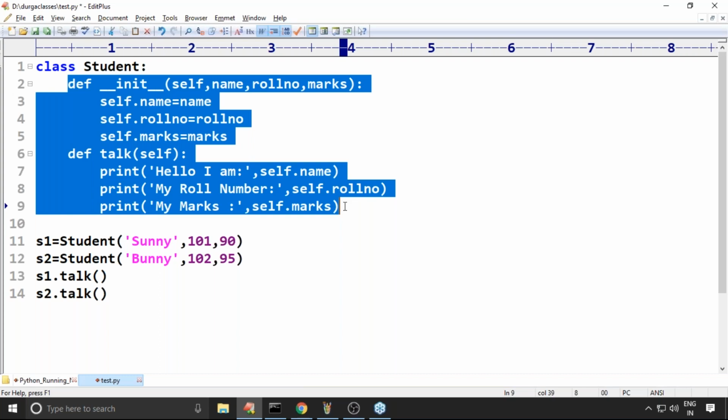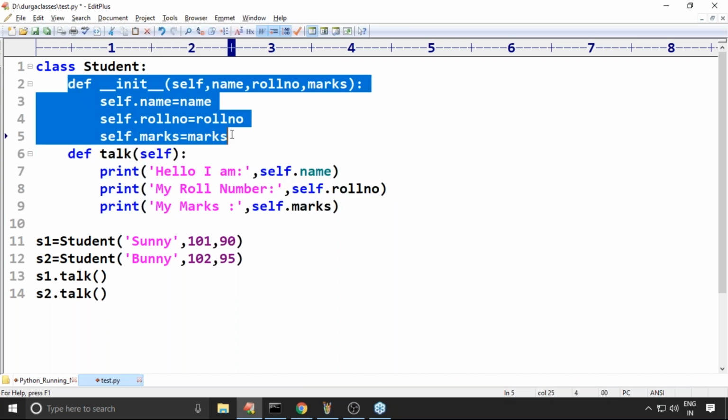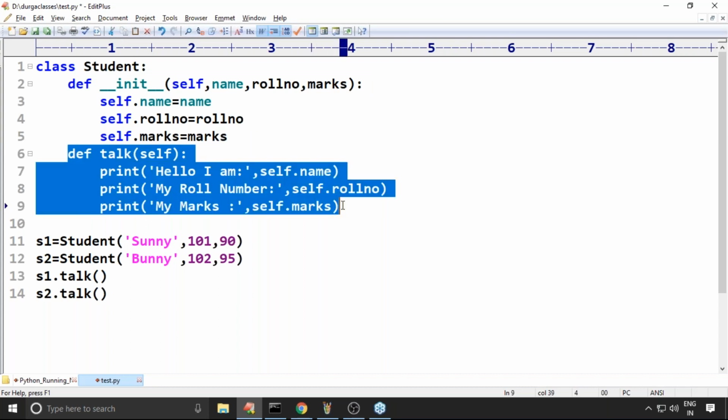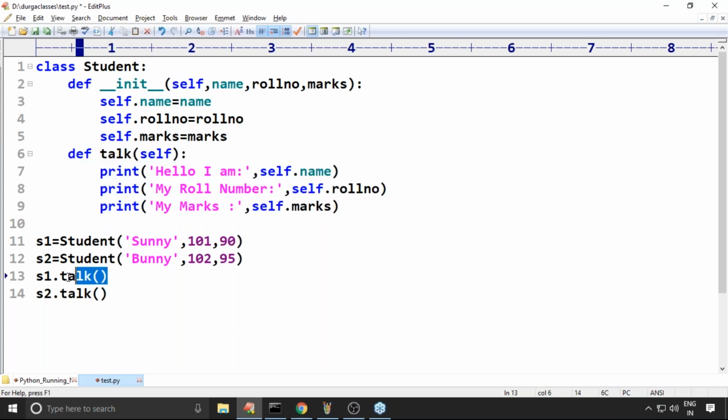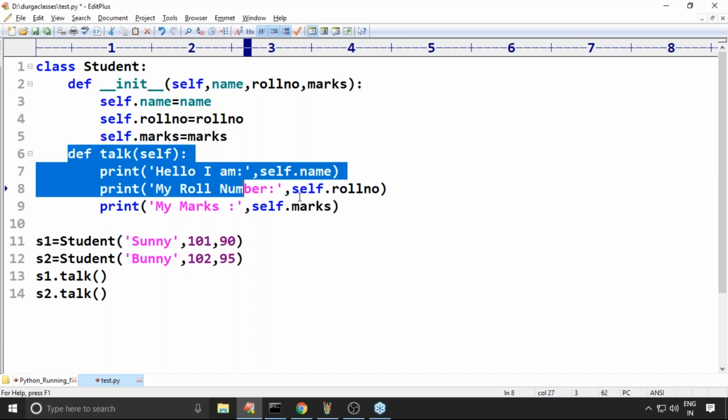Within the class or outside the class? Within the class. Outside of the class, we are never going to use self. No such thing. It's always applicable within the class, especially inside a constructor and inside an instance method. Assume it is the instance method, an object-related method, because you are calling it on your particular object. So we are using self within the class, inside constructor and inside instance method.